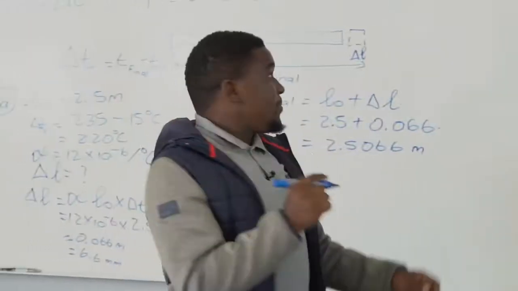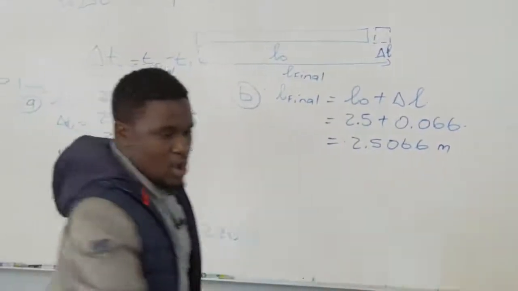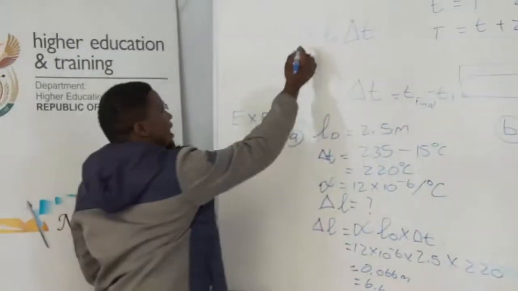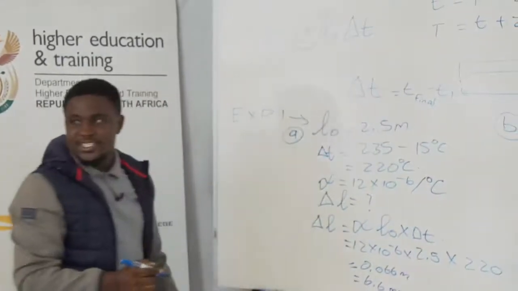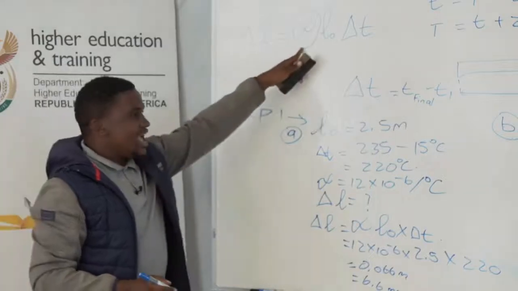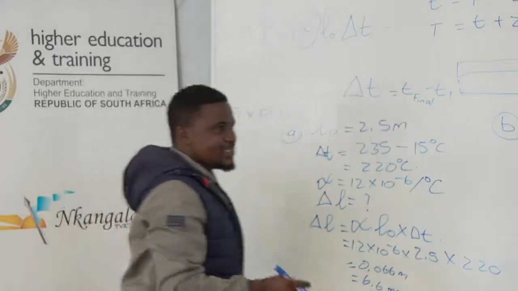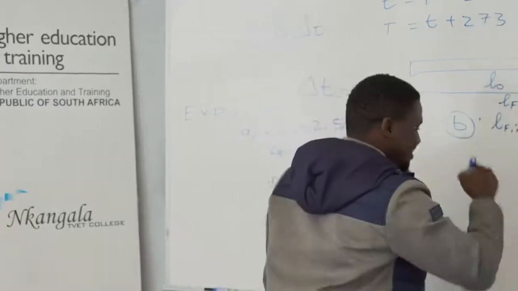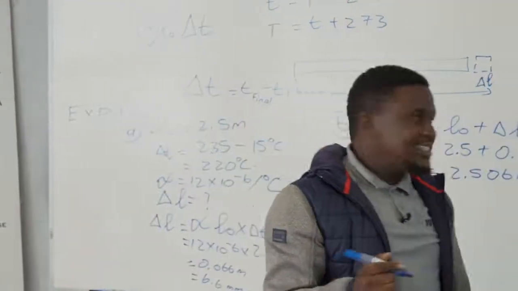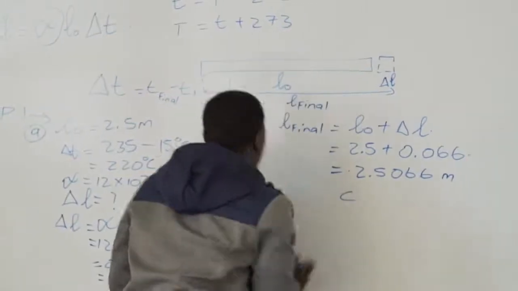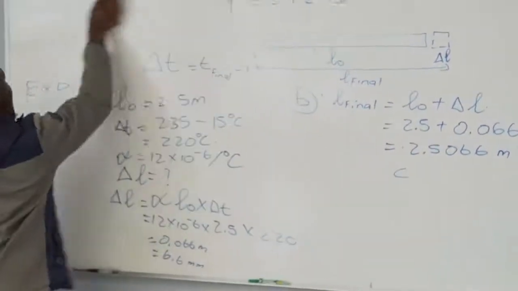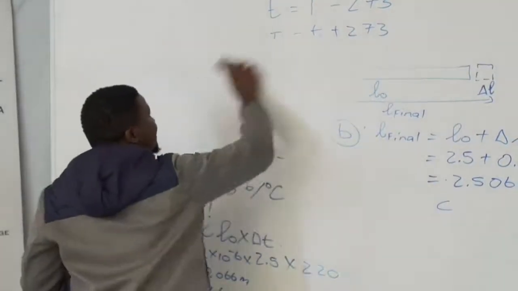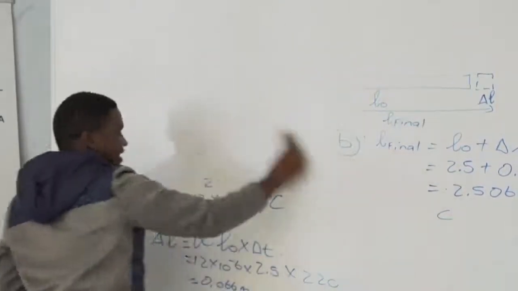Remember, previously we were looking at the coefficient alpha, the coefficient of linear expansion. But now they are talking of the specific heat capacity. What is the specific heat capacity? Now we are talking of C. Let us have space. Now we are talking of the specific heat capacity. All these constants, the